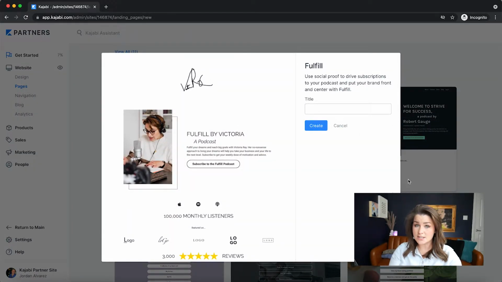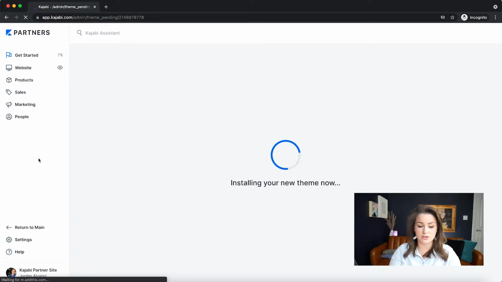Now, Kajabi doesn't know what you're using this landing page for. So we're going to tell it exactly what we want on it. And there are some optimization tips that I'm going to give you in just a second whenever we go to start building this, because I want to make sure that your people opt in to your email list. You want to make sure they're on your email list